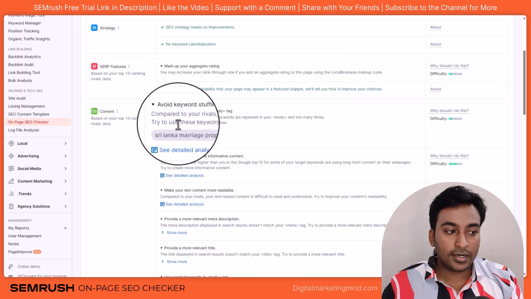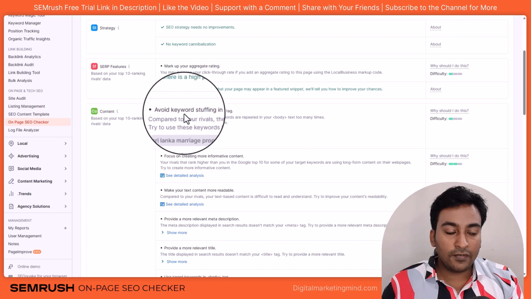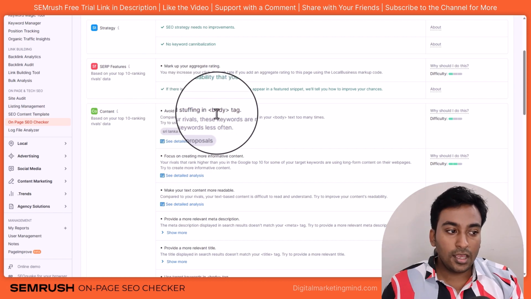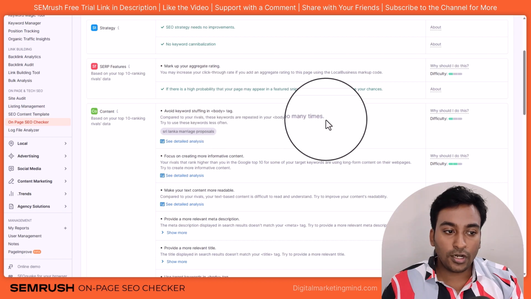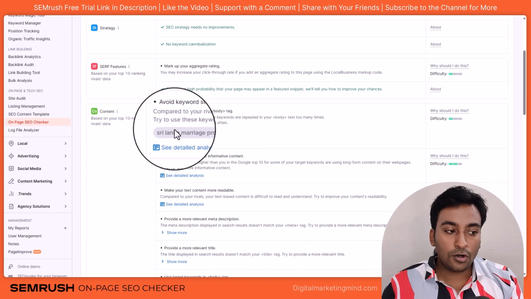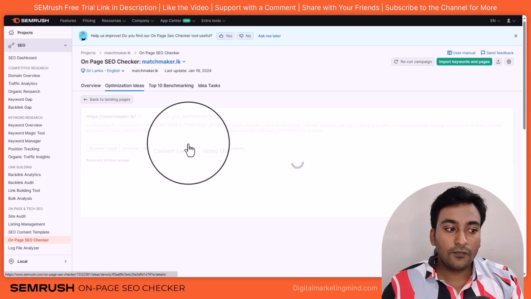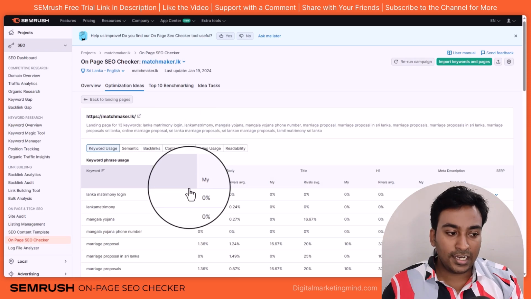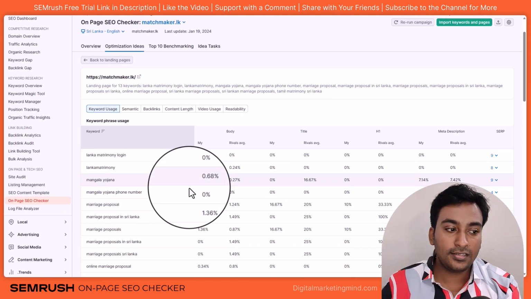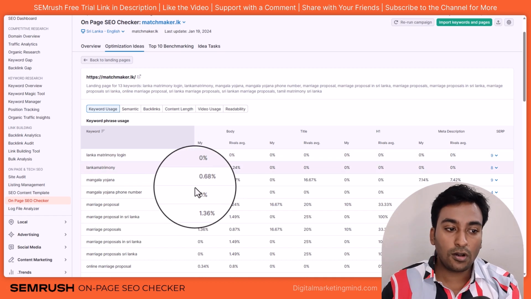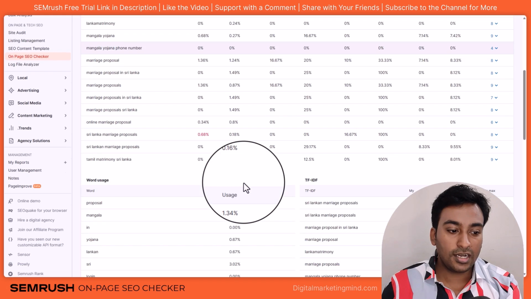Then we have content ideas, like avoid keyword stuffing in your body tags. Compared to your rivals, these keywords are repeated in your body tag too many times, so I want to avoid this particular keyword. It's saying this is very easy compared to the other one. When I click on see detailed, it will give me a detailed analysis of the data with all the rivals. All the data are shown here.